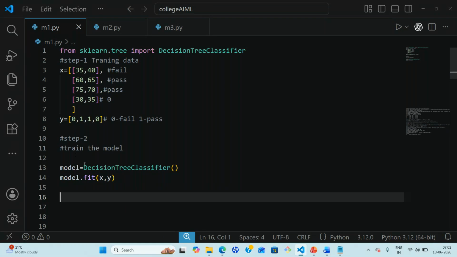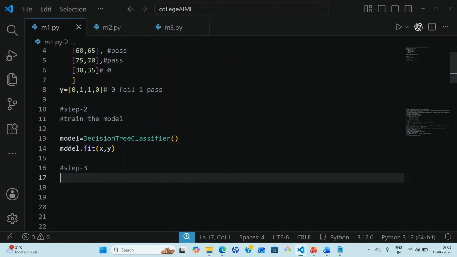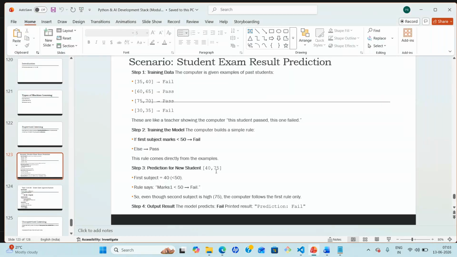And finally, the result is what? The model builds the decision tree rules to map the input to output. That's correct. That is what we have given here in step number 2. Now step number 3: we want to predict the new student marks they have given us. Okay, 40 comma 75, but the student fails